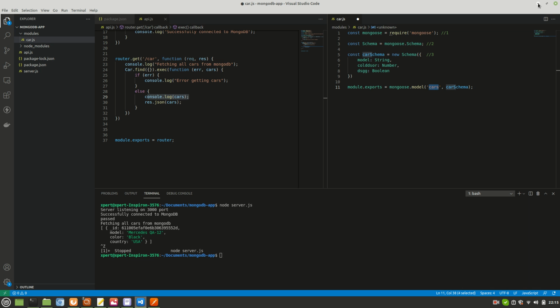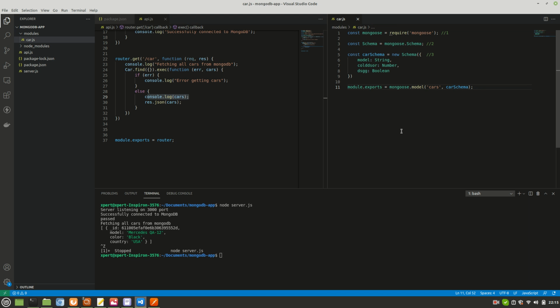So I hope you are able to follow till here, because now we'll see how to insert the data in a collection. Let's say I want to store information of some books. But this time we'll not create anything manually. This time we'll write the code to create the collection also on MongoDB, and we'll also write the code to insert the data or document into that collection.